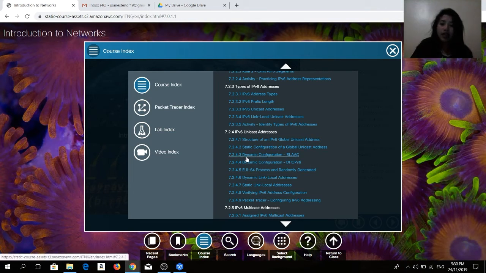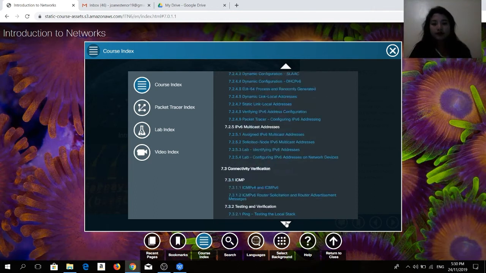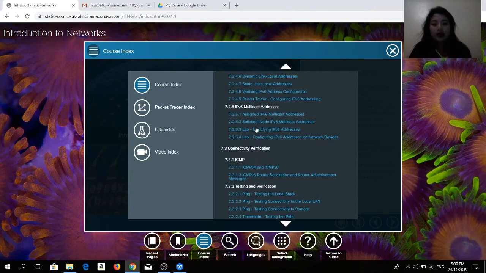then the dynamic configuration of SLAAC and DHCPv6, then EUI-64 process and randomly generated, dynamic and static link local addresses, verifying IPv6 address configuration, and then for multicast, we have assigned IPv6 multicast addresses, solicited node IPv6 multicast addresses, then